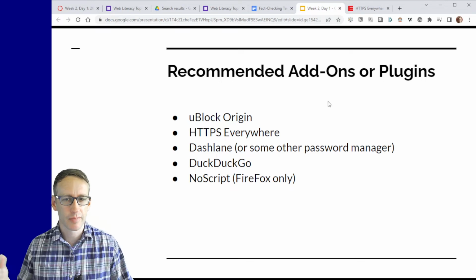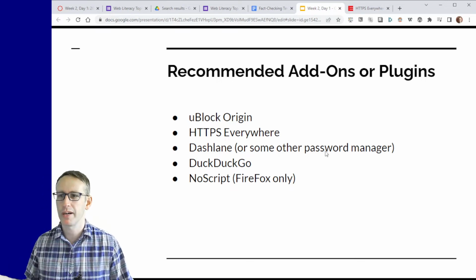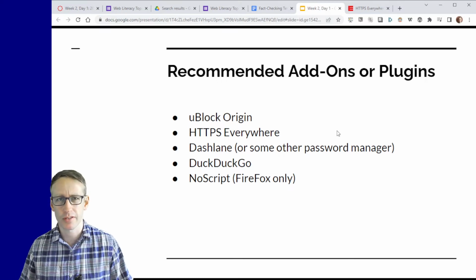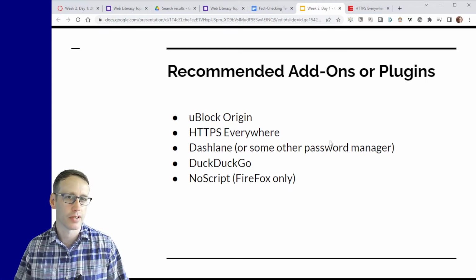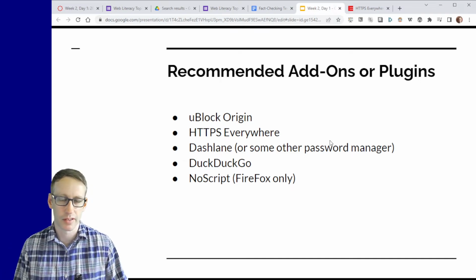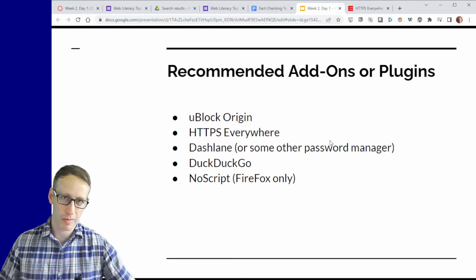These are other password managers, and the big thing about a password manager is that it remembers your passwords for you. So whenever you create a new account on some website, you can make that password an 18-character long list of random letters, numbers, and punctuation marks, and you don't have to remember it because your password manager remembers it for you.